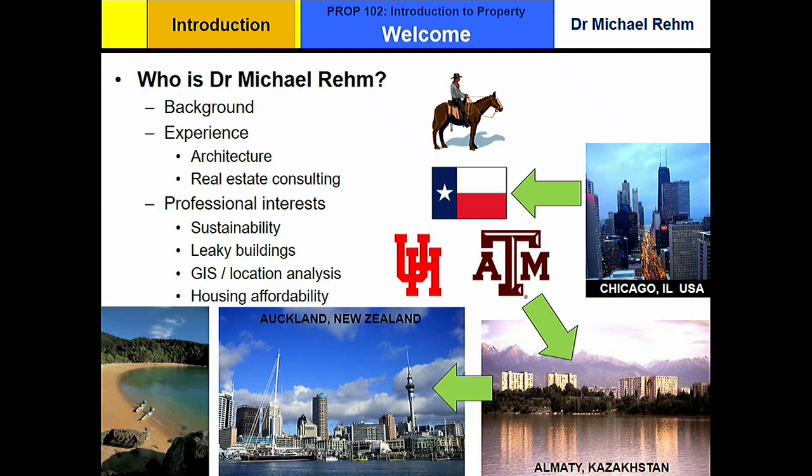As far as just other interests, I'm into sustainability. You'll see a little bit of that in this course. If you continue on in property and you take my stage 2 paper, Building Construction, you'll see a lot more of my interest in sustainability. Leaky buildings, research in that. Also own a former leaky building, and again, that'll come through in the construction paper. Do quite a bit on GIS, which is just digital maps, location, different analysis, and I teach a post-grad paper in GIS. And more recently, I've been doing a lot of consulting-related work on housing affordability.